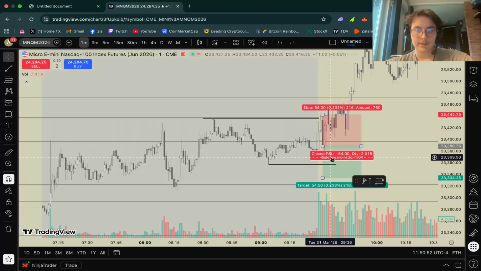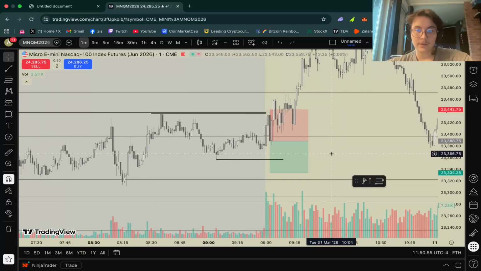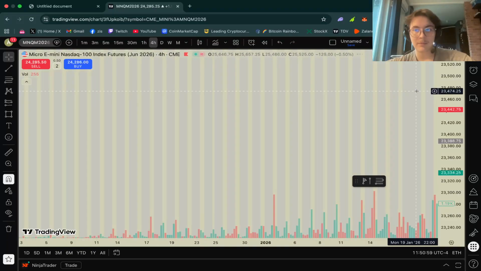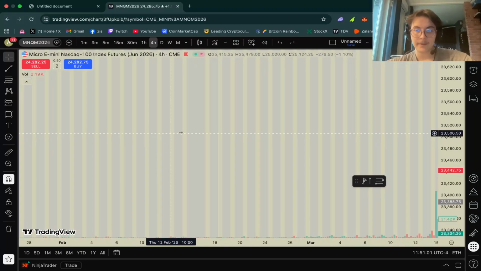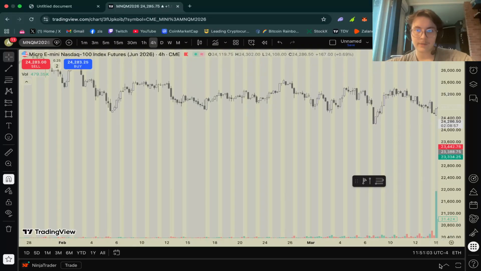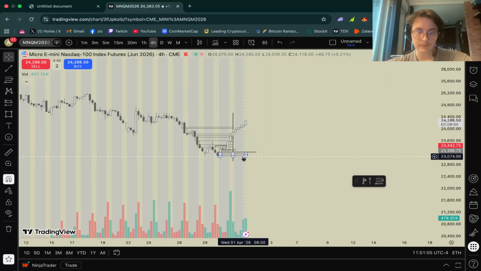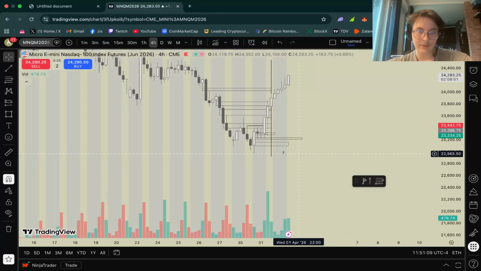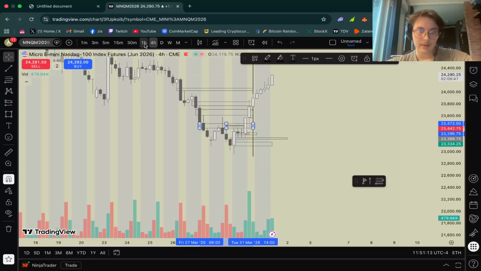And why it didn't play out, that is for me to figure out. I guess maybe the fact that we were in no real zone of interest. Just because we're in this 4 hour doesn't really mean much, does it? This has been fully mitigated, and I think I just gotta figure that out.